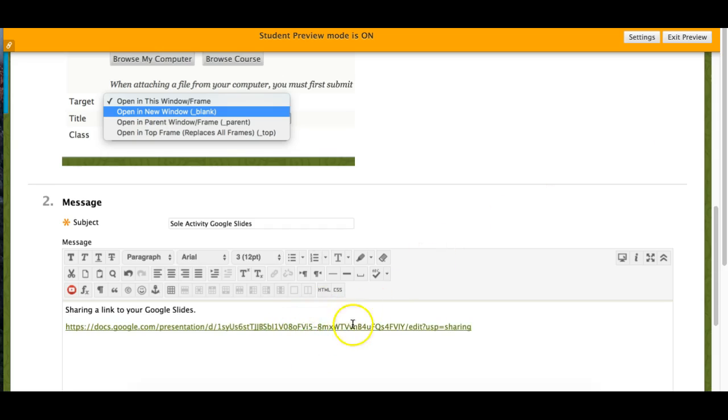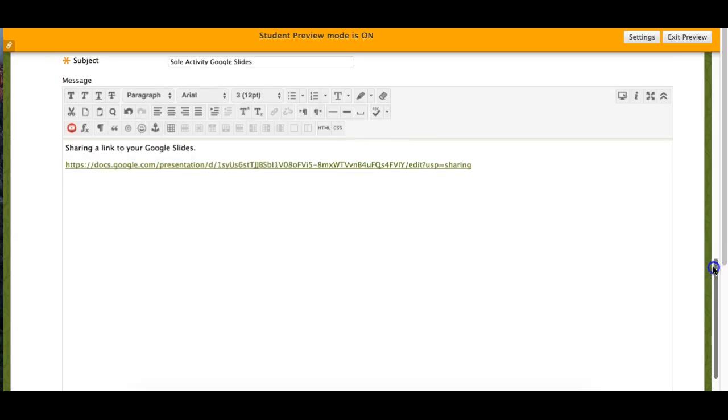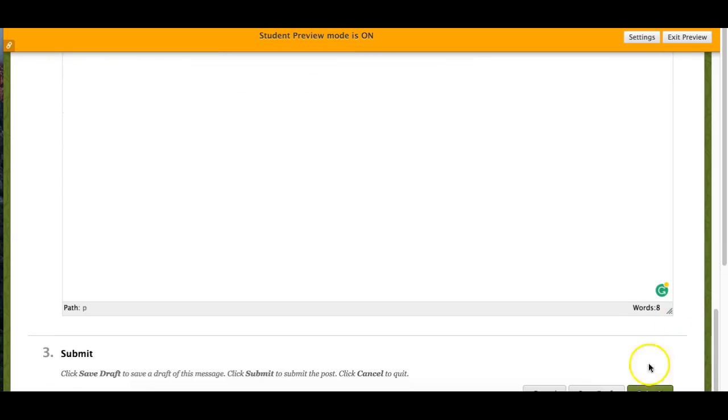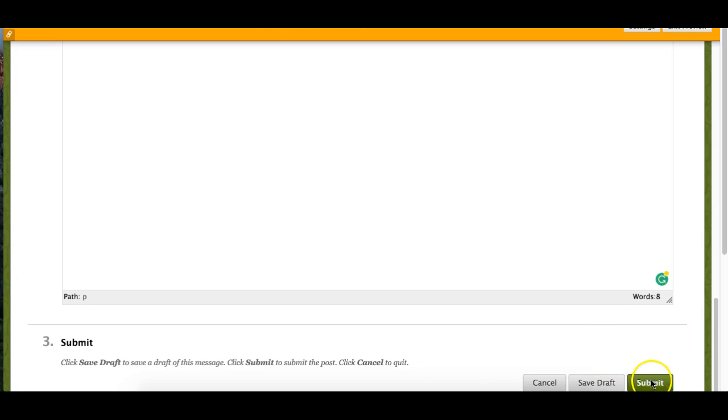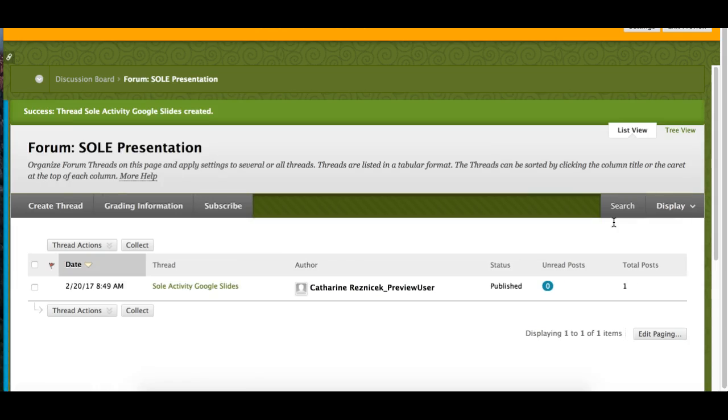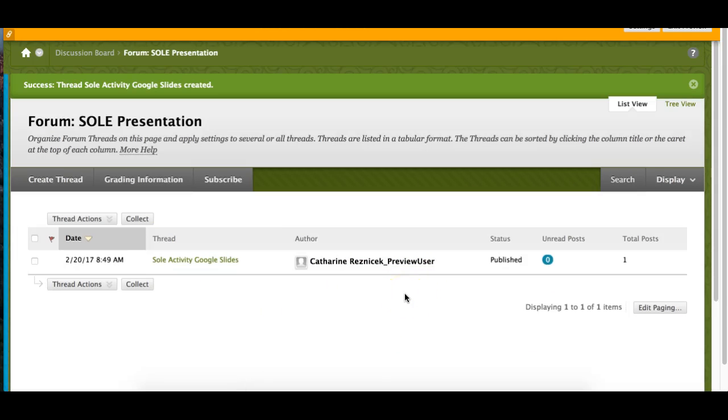Now this is an active link that works properly, and then all you need to do is click submit. Okay, and then your post will be submitted to the discussion board, and it will be here. All right,